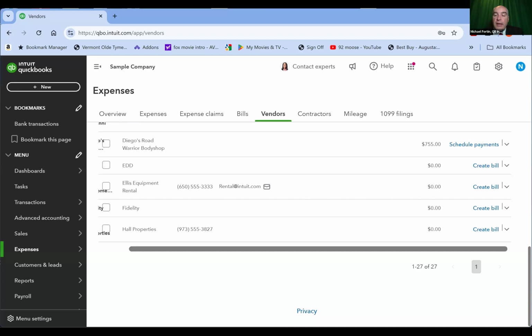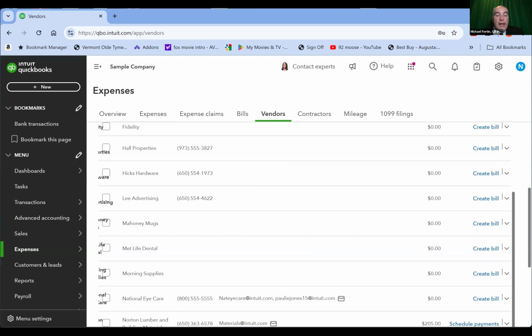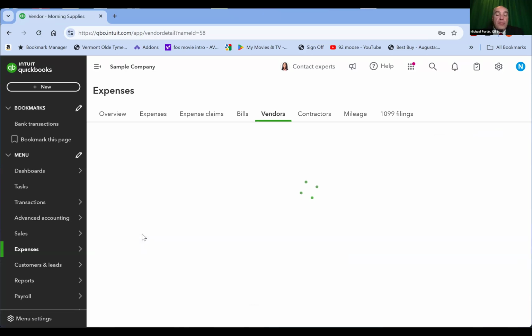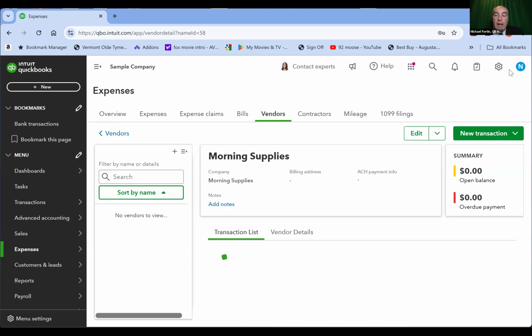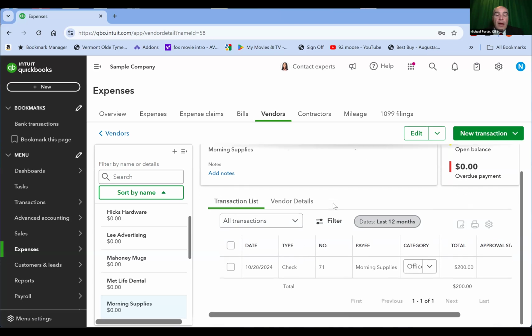Bear with me a second. Scroll it down. There's morning supplies. So I can see that there's no balance due. It says 0, right? But if I click on morning supplies to open up the vendor record, I'll see the transaction list. All right, and I will see that check for $200 listed. That payment that we made for the office chair is listed there under the vendor record.